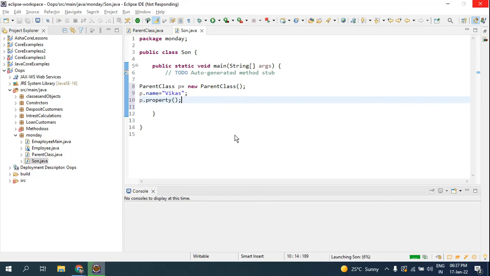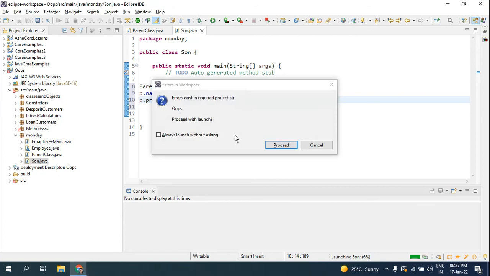I think in almost a minute I'm able to get this output. Just hold on a second.